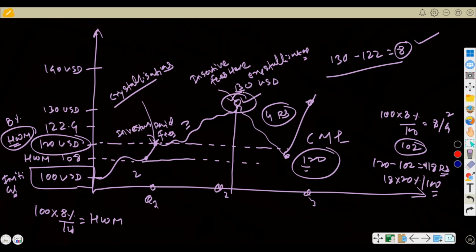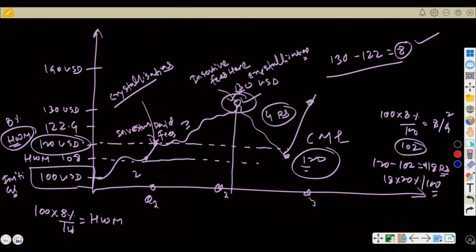And that's why we say crystallization, because the level is crystal and clear. Crystal means it's a clear 120. On 120, the investor already paid fees of 2 rupees or accrued 2 rupees. So the investor will not be able to pay on 120 again. The fund will have to perform more than 120, then fees will be generated. And here, that's what I showed you in the graph. The fund performed, see the upward trend. But in the third quarter,